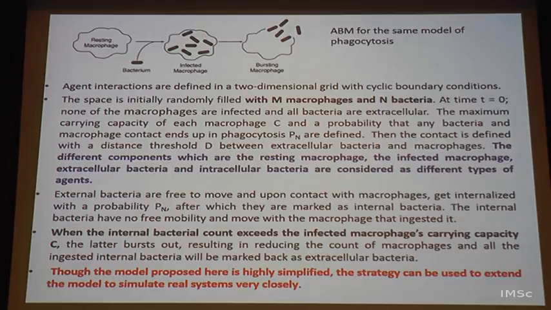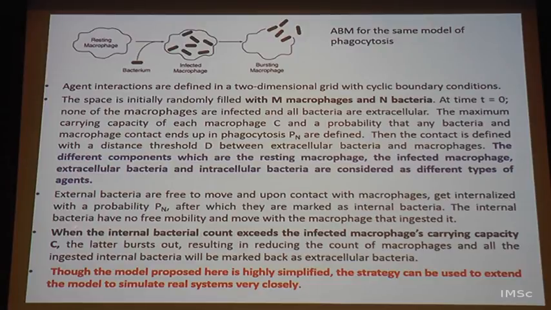So a bacteria can be outside the cell, with some probability it is allowed to interact, and then it becomes an internalized bacteria. And this has no free mobility, so the state of the bacteria changes, and instead it moves along with the macrophage that has ingested it. But macrophages are meant to kill these bacteria. In situations like Mycobacterium and Salmonella and several other intracellular infections, the bacteria are clever enough to evade this killing process within the cell. Instead, they use the resources from the macrophage and thrive inside, which is a bit of a paradox.